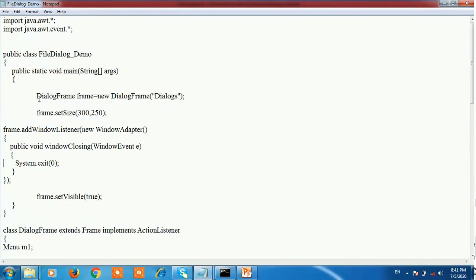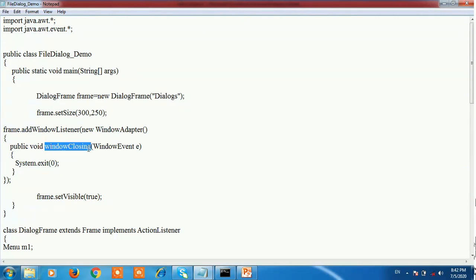create an object of the DialogFrame. DialogFrame frame is equal to new DialogFrame. After that, the setSize method is used to set the size of the frame. frame.addWindowListener, new WindowAdapter. For performing the window related functions, WindowAdapter is used. So here we use the method windowClosing.